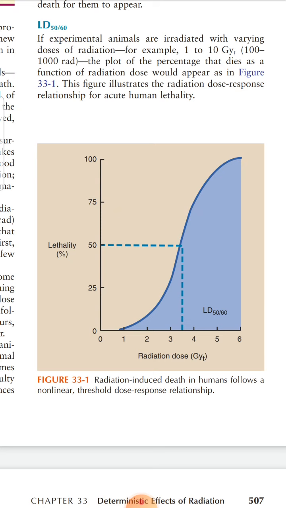So this is the lower dose that is basically required to cause death of approximately 50% of the irradiated subjects within 60 days. So that's why we call it LD 50/60. Now we will explain this through the graph,